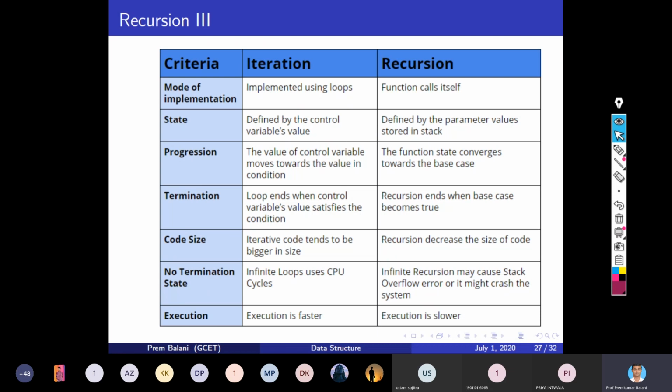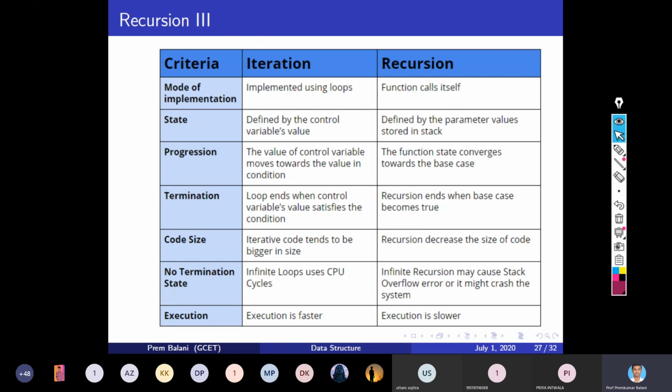Next is the termination. In the iterative process, the loop ends when the control variable's value satisfies the condition. If you say i less than 10, and i is incrementing, as soon as i becomes 9, i less than 10 is a true condition.